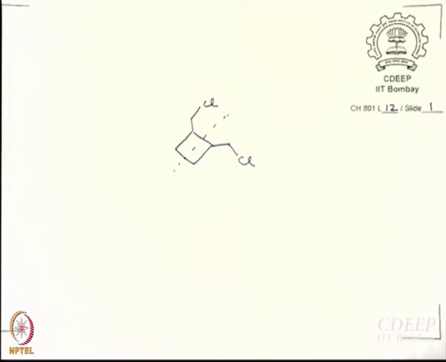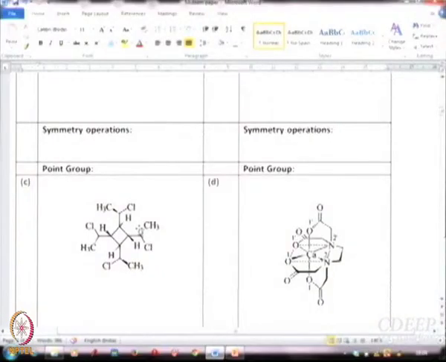Alright, we agree that that is not a symmetry operation. If that is not the symmetry operation, then the other one will also not be a symmetry operation. So what do we have? We have C2. Is there any plane? No plane. So you have a C2. So which point group is it? Okay, it's a C2 as well as an S4.